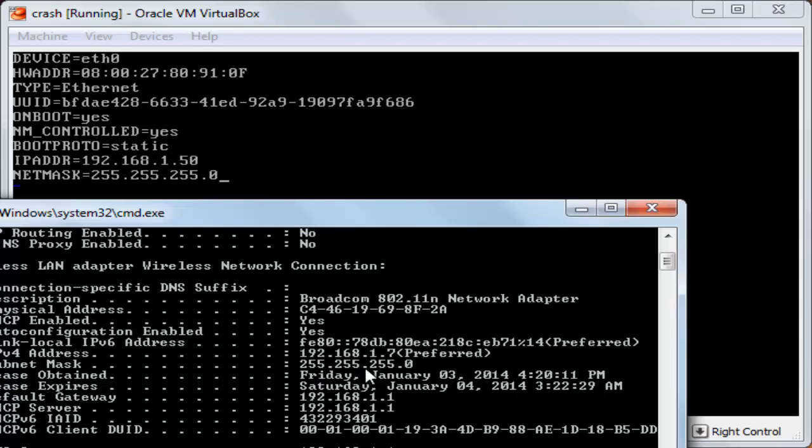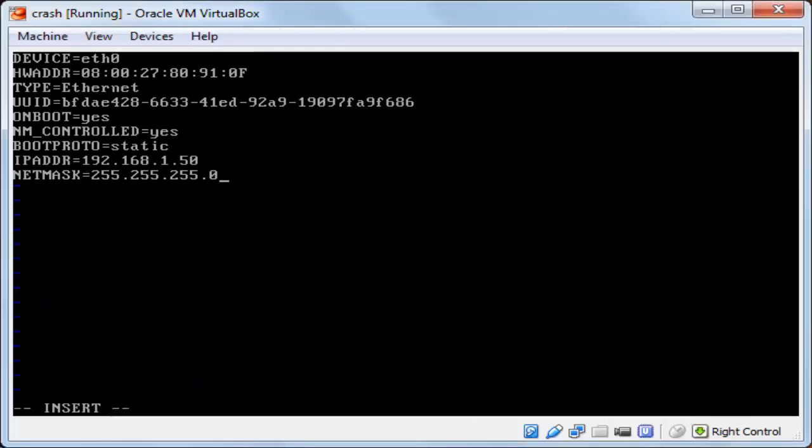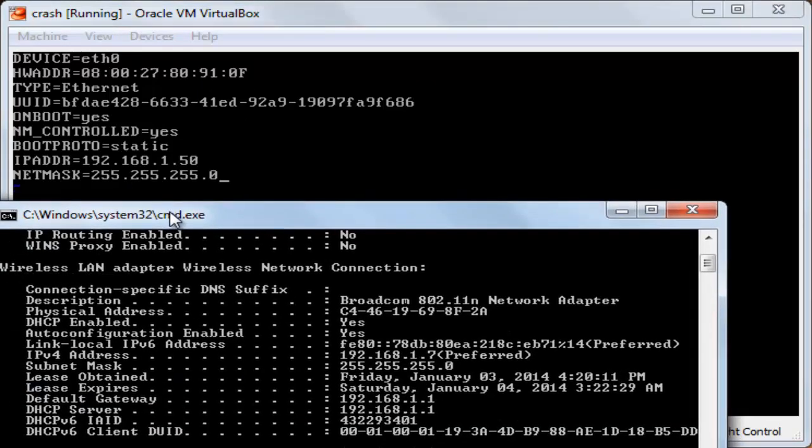As you can see, 255.255.255.0, so I have typed here the same number. So you search for the same number from your command prompt of the net mask, and then you type it here in the shell. And of course here I have said wireless because I'm working with the wireless LAN. You may be working with the Ethernet, so anyway, to know the range number of IPs, you open the CMD,